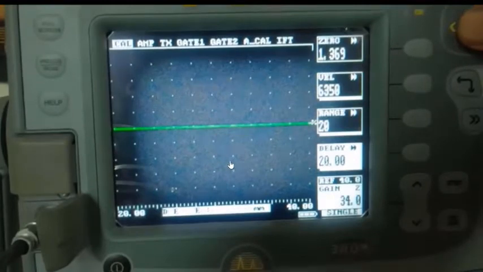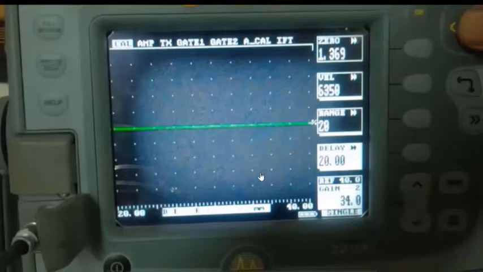So the first step here is to set the x-axis so that the given depth of the sample can be displayed properly in the display. According to the thickness or the depth which is being measured, the x-axis has to be set, and that can be done by using this menu over here